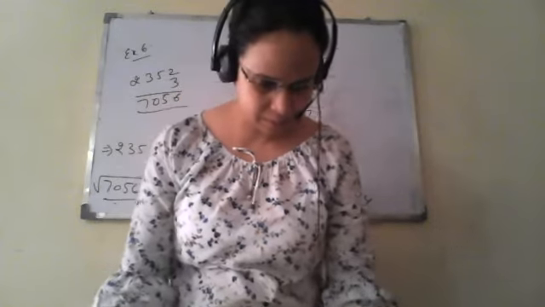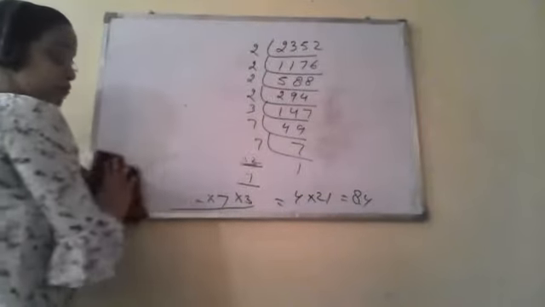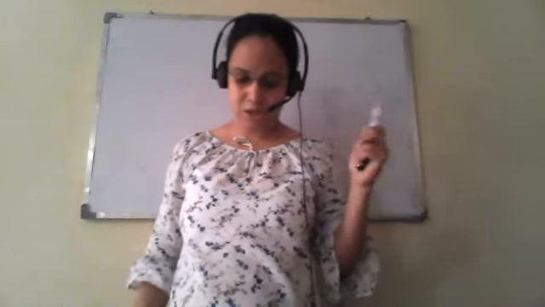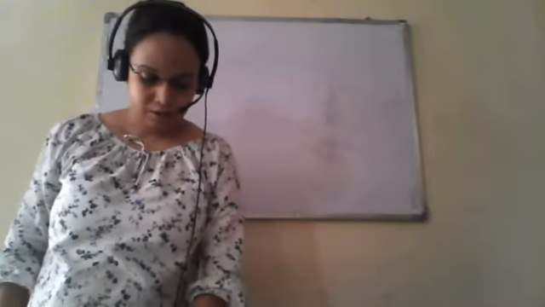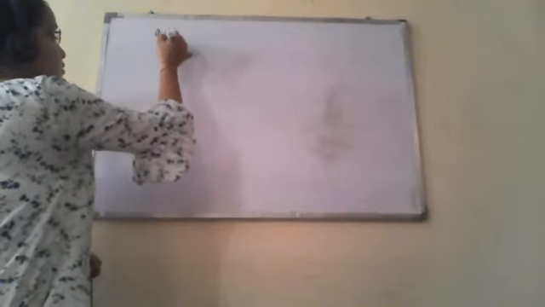Now we have example 7. This is a similar type of example, but in this example we have to find the smallest number which is to be multiplied, and now in the next example we have to find the smallest number which has to be divided to make that particular number a perfect square. Again we have to find the square root of this number. So this number is 9408.